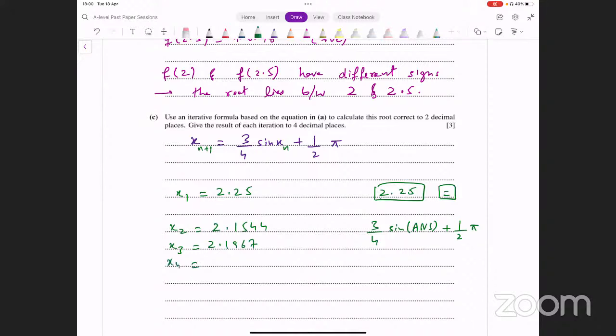x4, press the equal button again. That gives me 2.1786. Then x5, that gives me